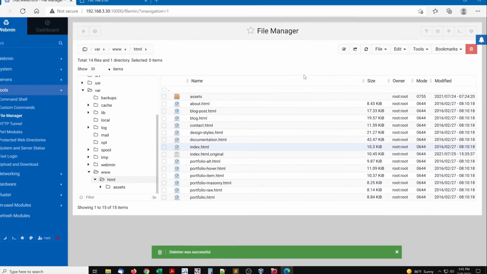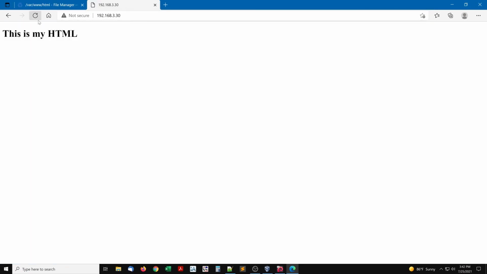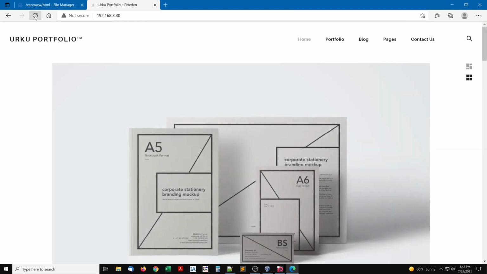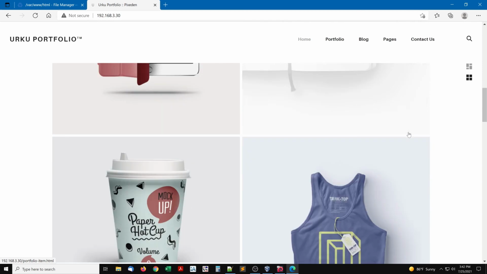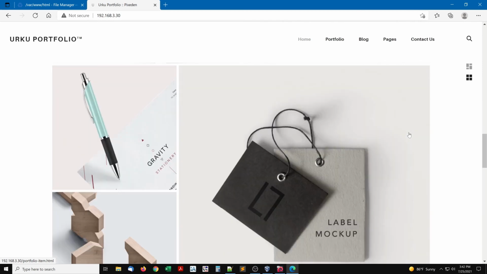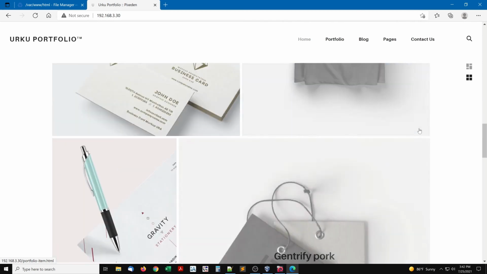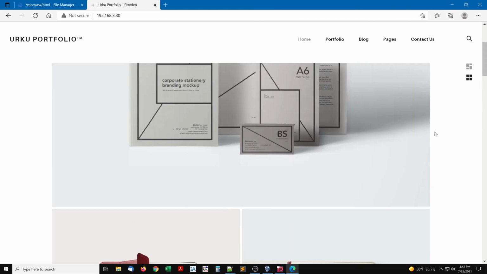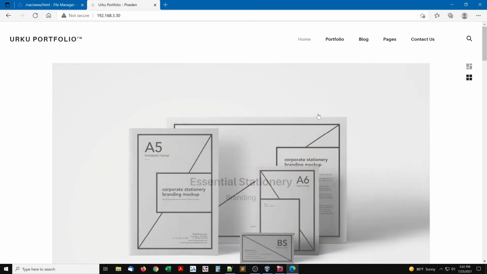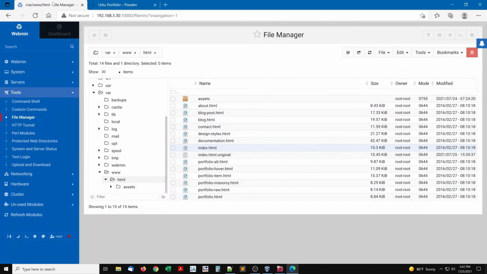Go to the tab for the web page. Refresh. It's replaced with the mock website uploaded. This works for now, but it's not the best way to update HTML for your web pages. I prefer to keep my HTML elsewhere, off the virtual machine. I'll show how in the next video. Also, this web server is not yet public, meaning you can't see it on the internet. I'll get to that later in the series.